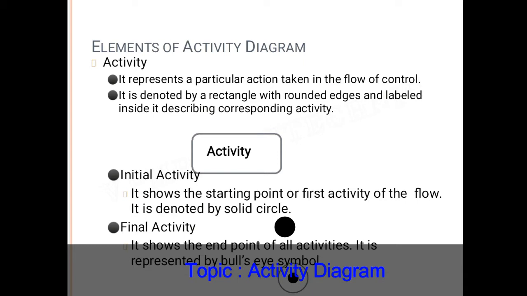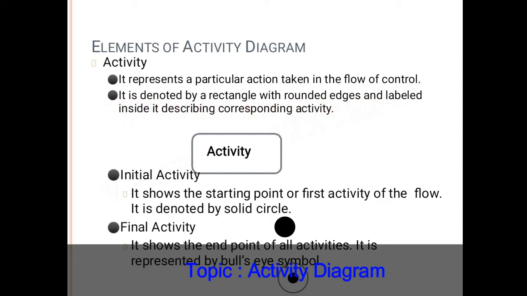The first symbol denotes an activity. We write the activity within this type of rounded-edge rectangle. It represents a particular action taken in the flow of control, and it is denoted by a rectangle with round edges, labeled inside to describe the corresponding activity.